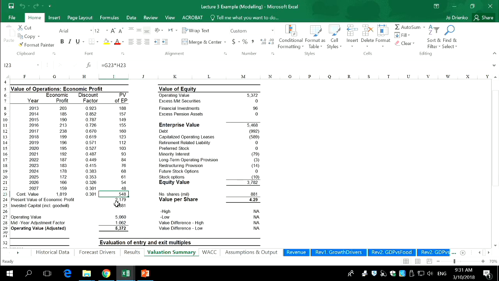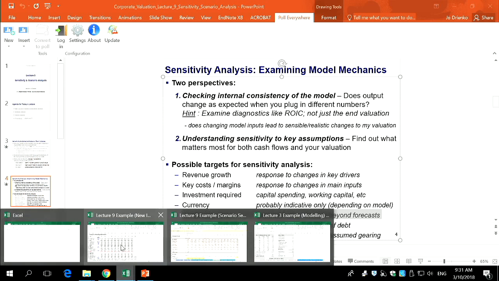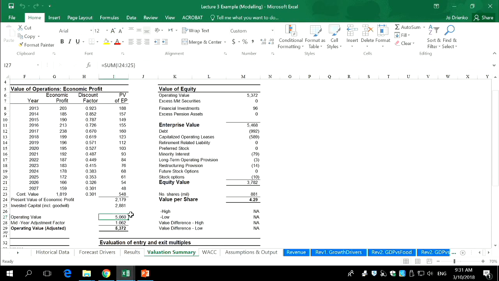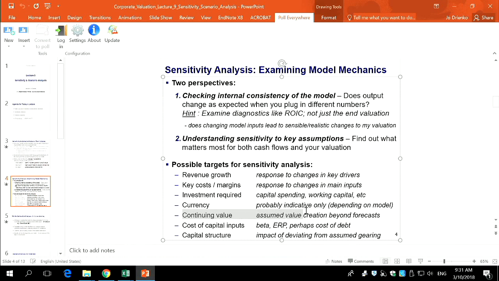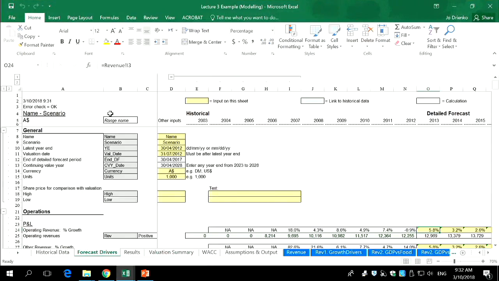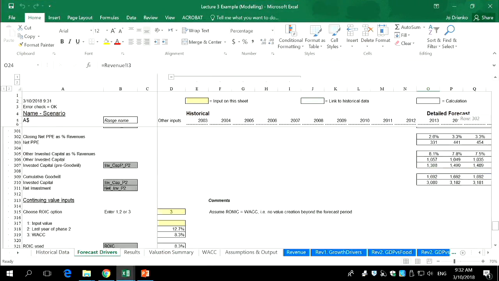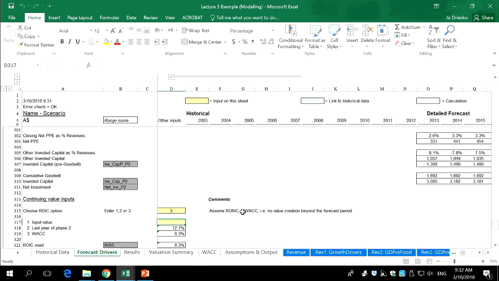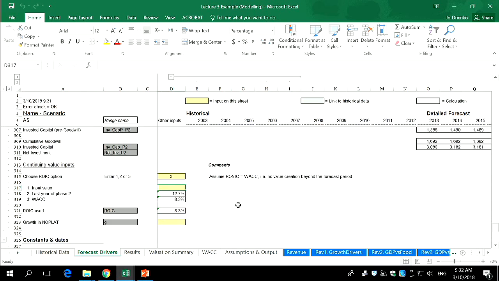It's a quarter of the value. So if the total value for the company is, it's 10% of the value here. That's a lot, right? And that's small. I've seen it 40% of the overall value. So it can be a very large number. So that is also quite a common input, assumptions about your continuing value calculation. Maybe go to the forecast drivers if you're using KGW and have an assumption about long-term growth and see what happens to the value per share when you start playing games with long-term growth or the last